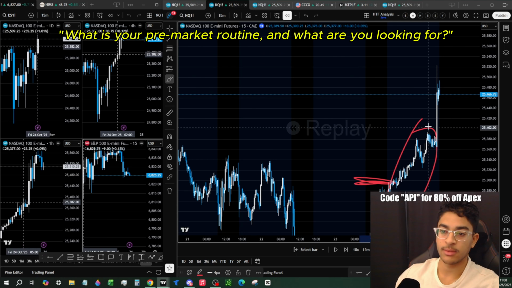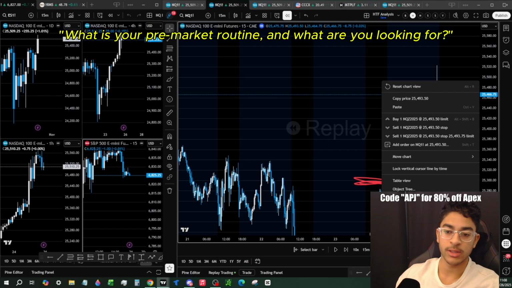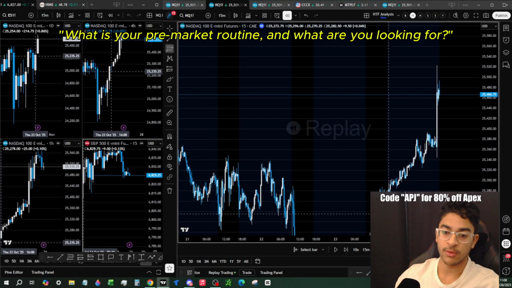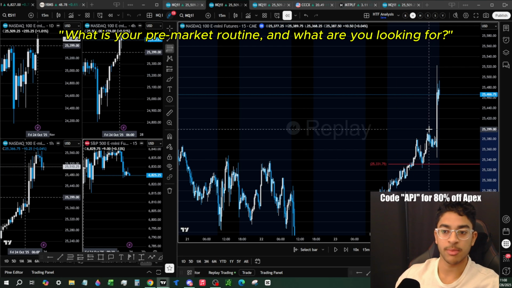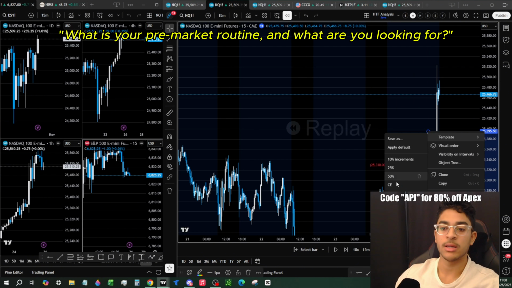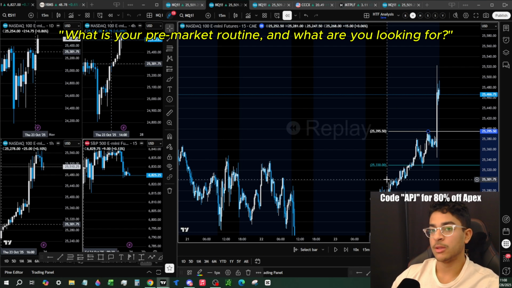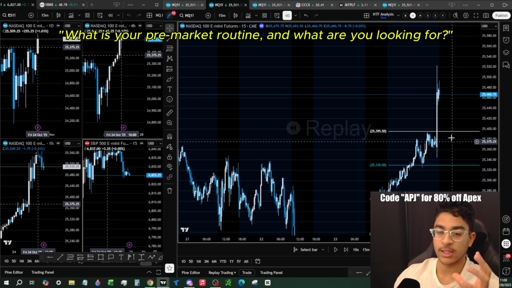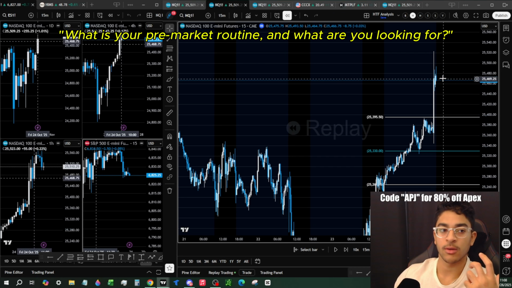And then I annotate how much of a move we had in points, right? If it's 100, 200 points, that's fairly normal. If it's 250, 300, 300 plus points, then that's a huge overnight move. And that just puts me a bit more aware as far as what to expect for the open, right? If we moved an entire daily range overnight, then I'm not expecting crazy movement during New York. But if we're still within our daily ATR, then I can say, hey, okay, New York is probably going to come in and expand.